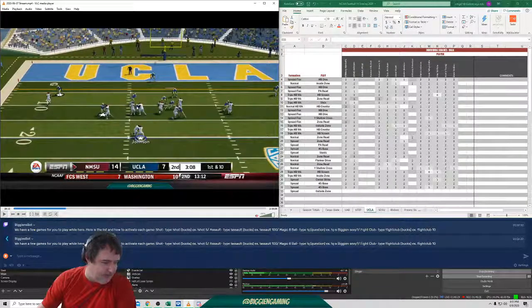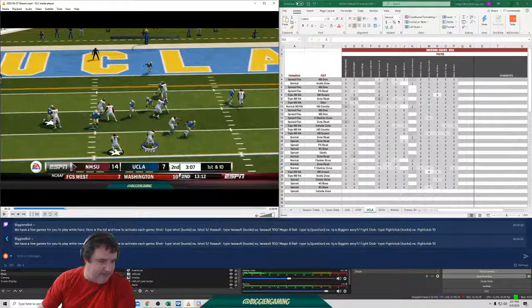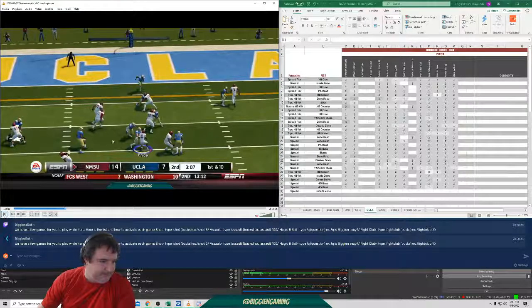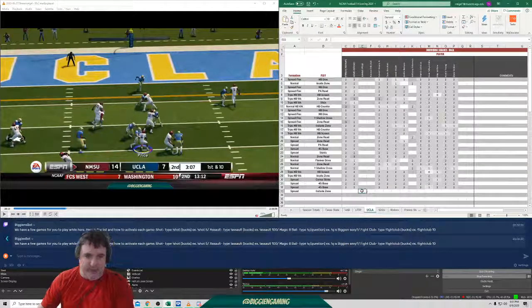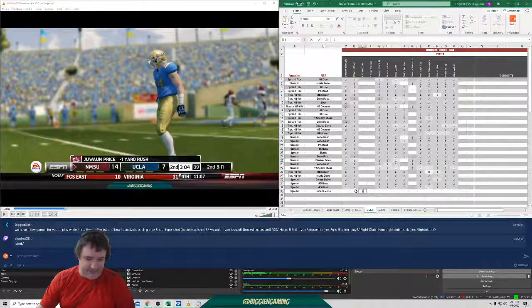Okay. Terrible block by our center and left guard. I saw it in the game when I was playing it. They get split. No one gets to this guy. Guess who makes my tackle? That's right, this guy. If this guy gets blocked, Juwan can at least hit here, at least make his cut here and then go right there. Can't even do that. Ones for them. Juwan finally gets on the board. Juwan makes the right read. I mean, he's stuck. There's nothing there for him to do. He's got to live with what he's got to live with.